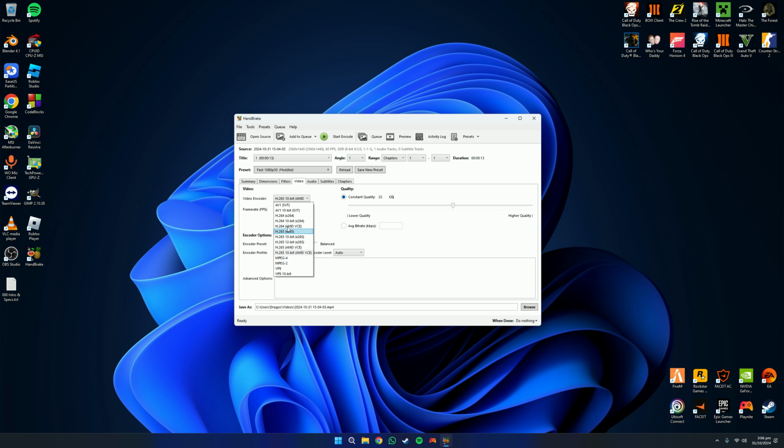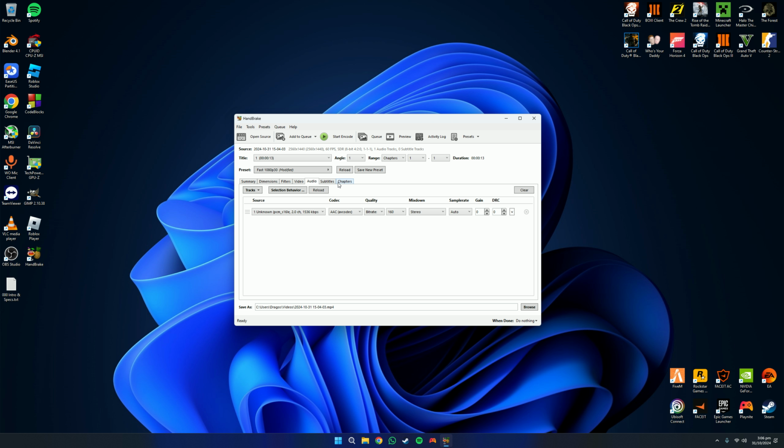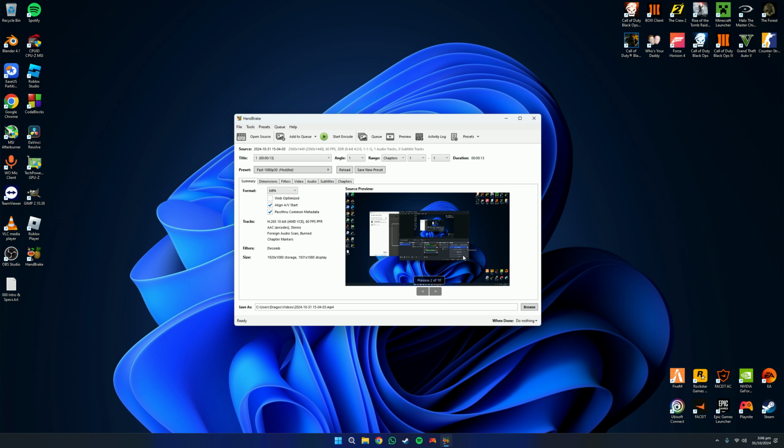But if you have an older one, you can just use H265 AMD VCE, which should be, oh no, so H265 10-bit here. It appears, oh no, it's right under here. I didn't see it, but I recommend 10-bit because that is superior and it works better, and then you'll use your GPU to encode, which if you have an AMD one or an NVIDIA newer one will be extremely fast. Now just start encode and you're going to see this really fast. Make it an MP4 and it will just be saved to wherever you selected it,